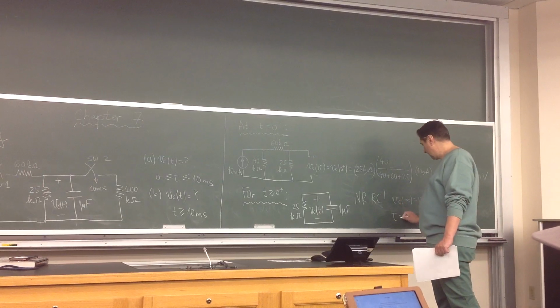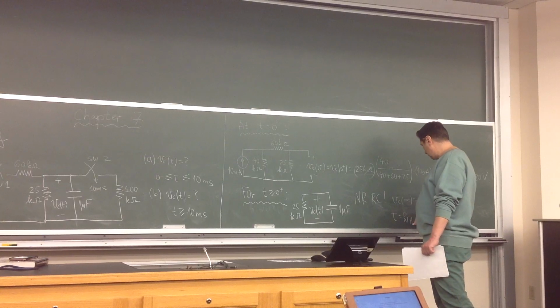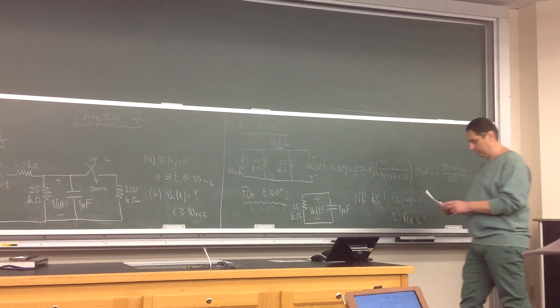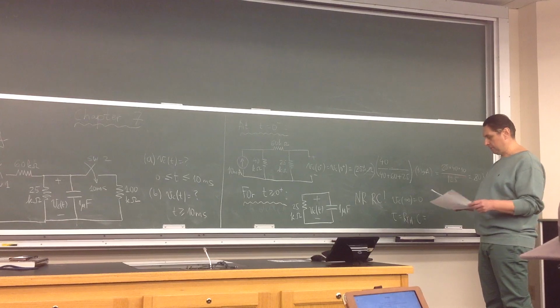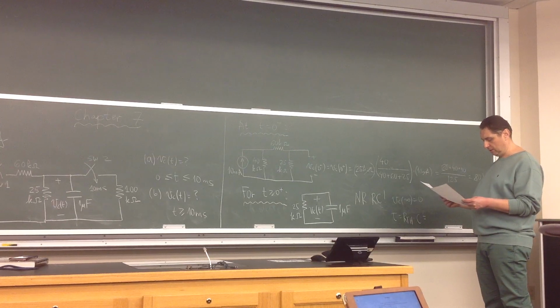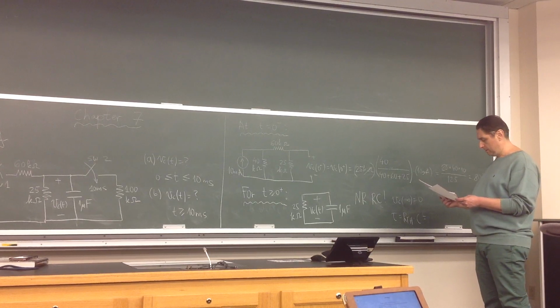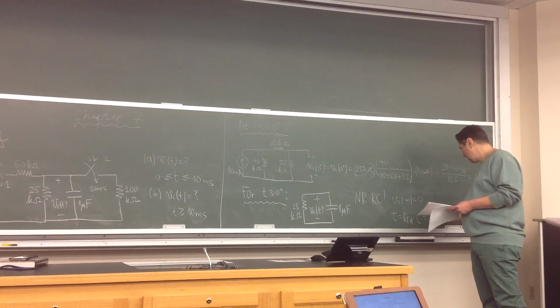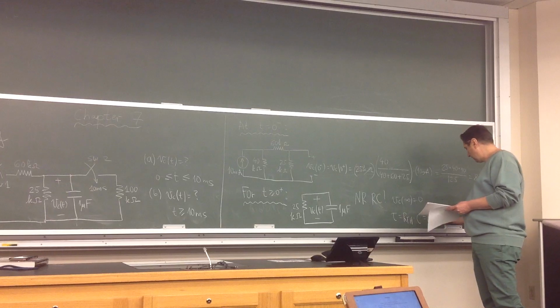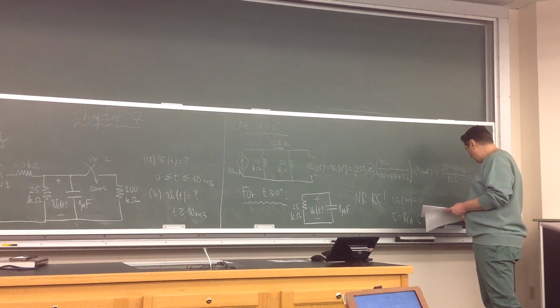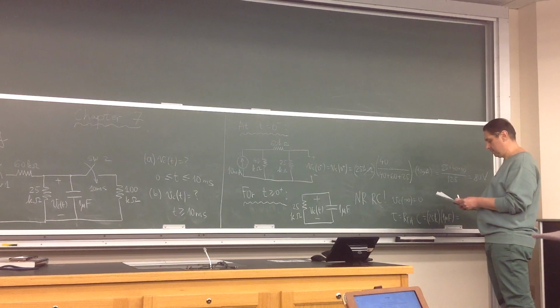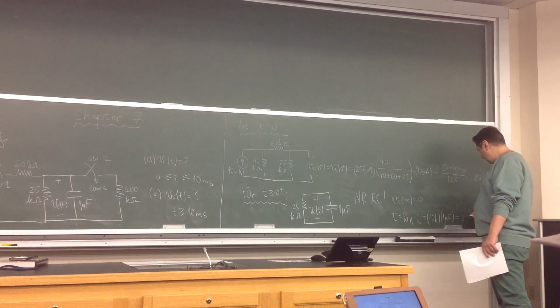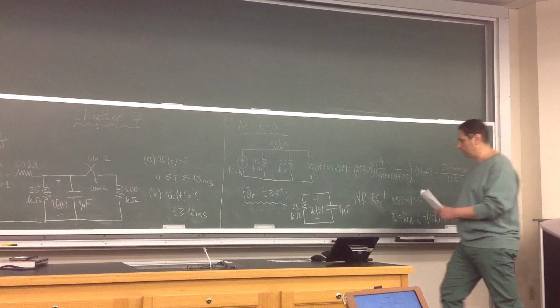Tau is equal to R Thevenin times C, which is just the one resistor here, so R Thevenin is 25 kilo ohms times 1 microfarad, which gives you 25 milliseconds. And that gives you that